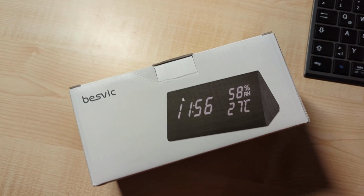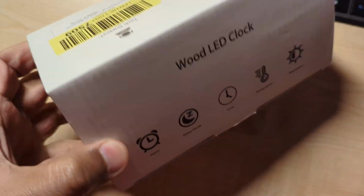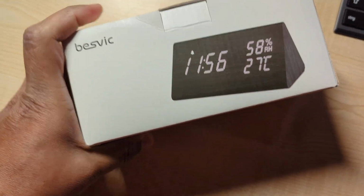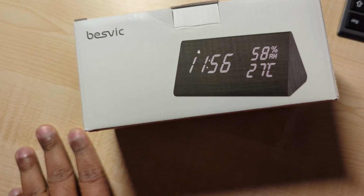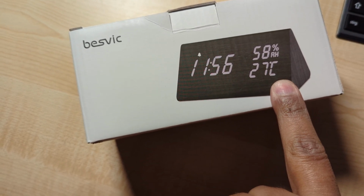Hello friends, today I am going to unbox my new alarm watch. It's a digital watch with some feature of the temperature,